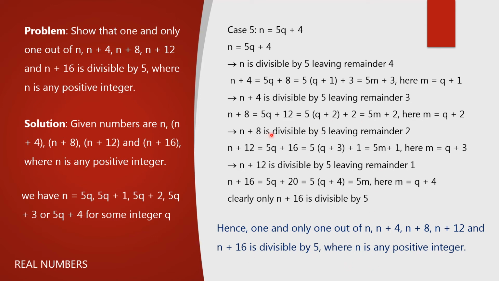And in this case, you have to know how to write this statement. Okay, whenever a is equal to bq plus r, the statement can be written as a is divisible by b, leaving quotient q and remainder r. But we are not concentrating on quotient. Simply a is equal to bq plus r can be written as a is divisible by b, leaving remainder r. That concept we have used in this problem.